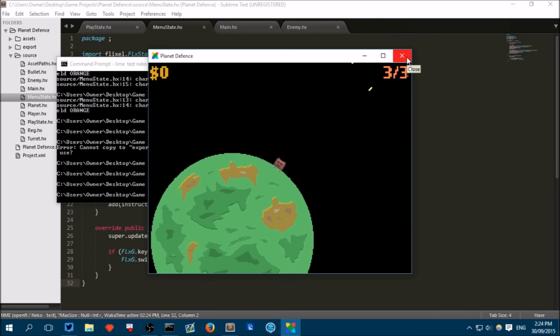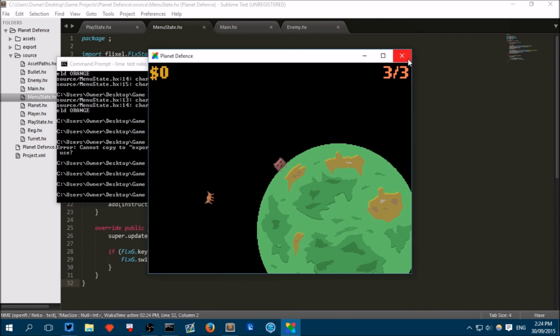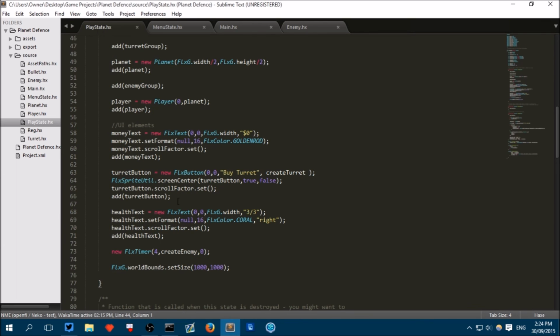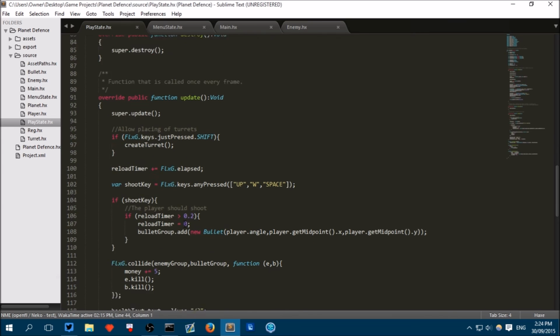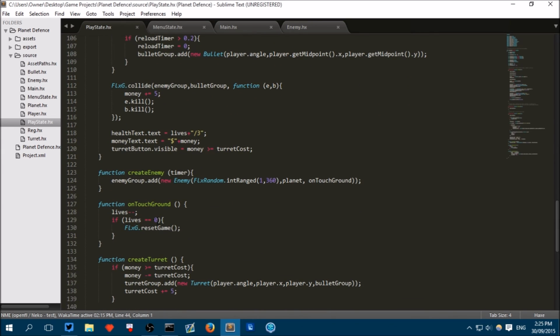Now what I want it to do is make it so that when we die, rather than just resetting the state, it brings us back to our main menu. So if we go to our play state, you'll see that we have a line here, if lives equals 0, reset game. What I want to change this to is instead of just resetting the game, I want to say FlxG.switchState